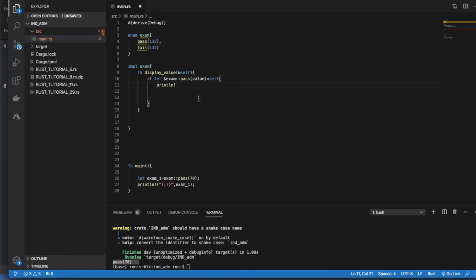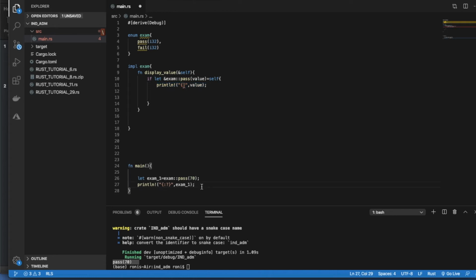So println, and after that we put value. What is this function going to do? If from the calling function you are calling this method with the Pass variant, then it is going to print the variant value.